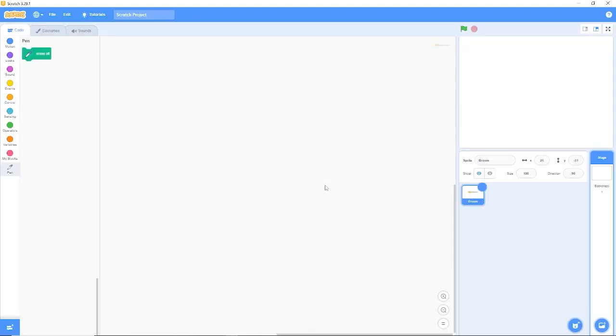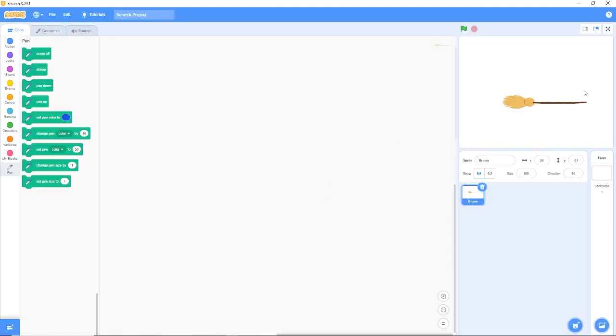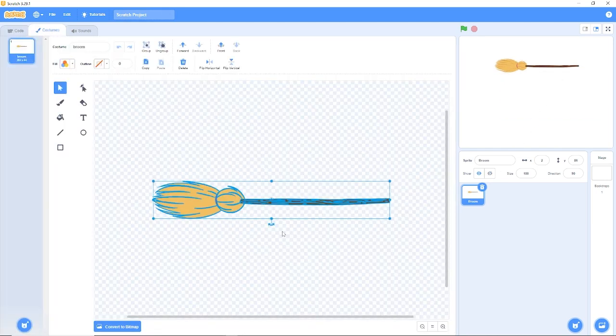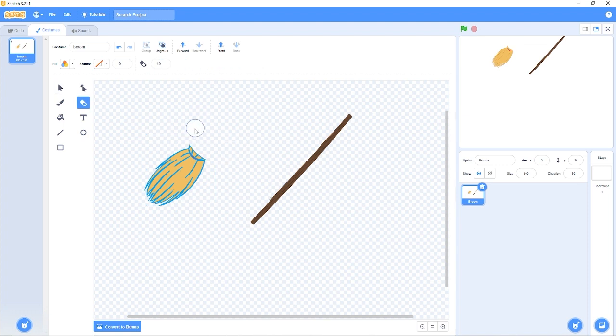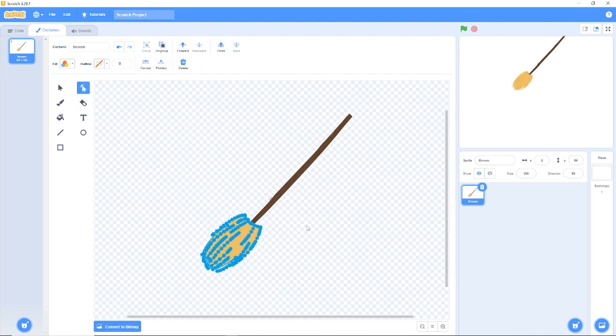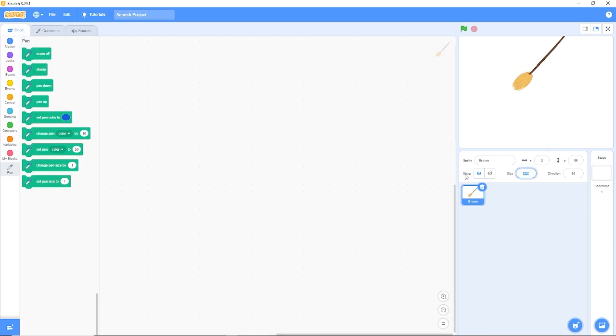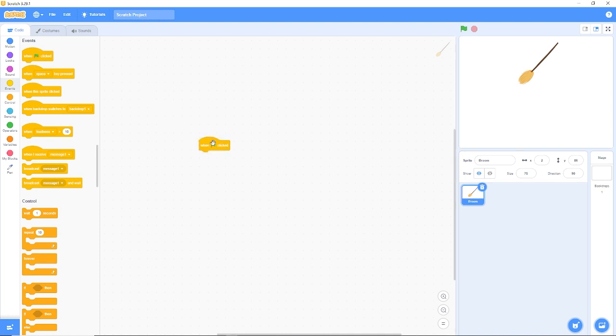Ooh, this would make a great paintbrush. So let me go to costumes and edit it first. First we're gonna make this a little smaller, maybe 50. No, 75 is good. And then we're gonna put, when green flag clicked,